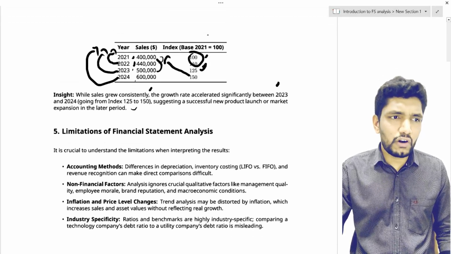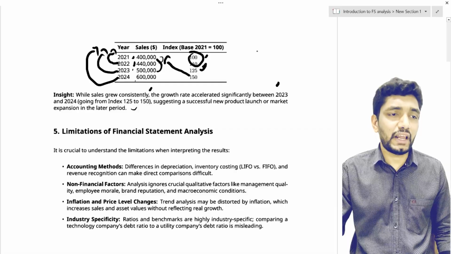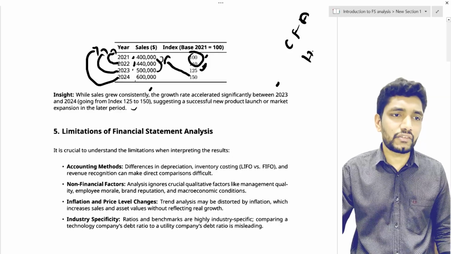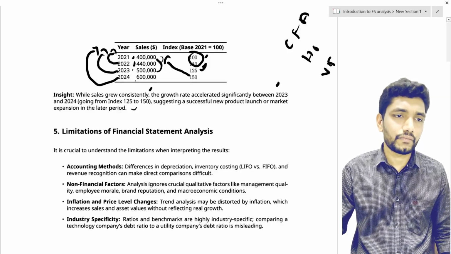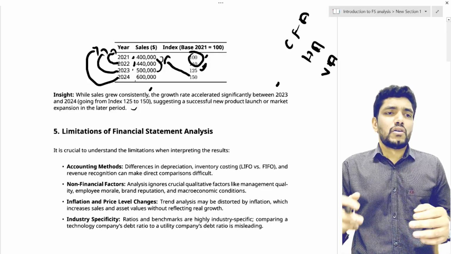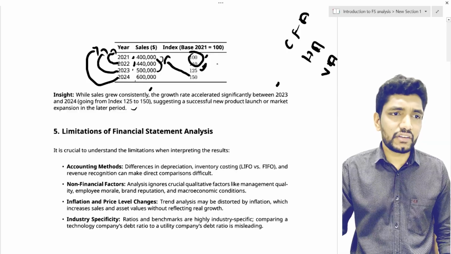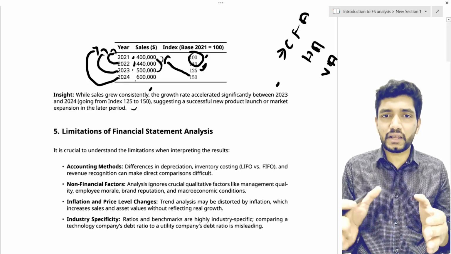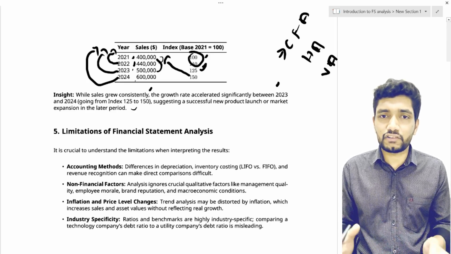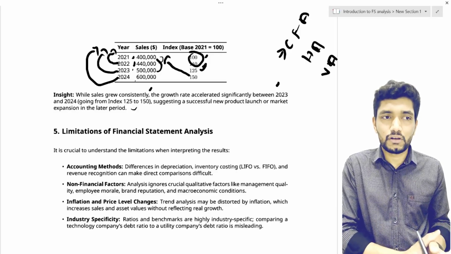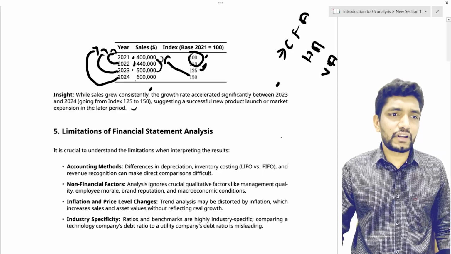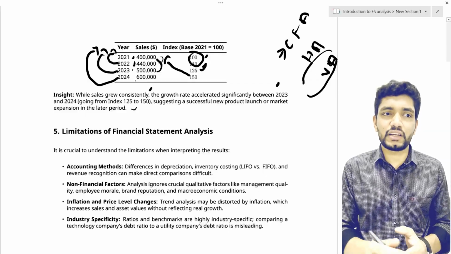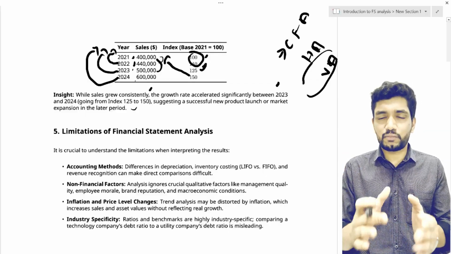So we already discussed different types of financial statement analysis: the comparative financial statement analysis, horizontal analysis and vertical analysis. Comparative financial statement analysis we already discussed: comparing a company's current financial statement with the previous year's financial statement. Again, in vertical analysis, one value of the income statement or balance sheet is expressed as 100% and all other values are expressed as a